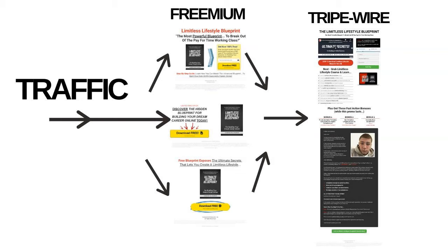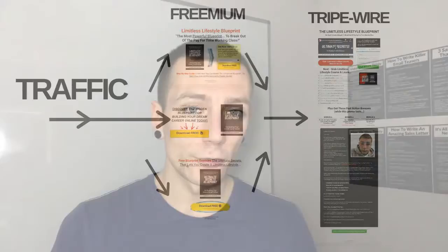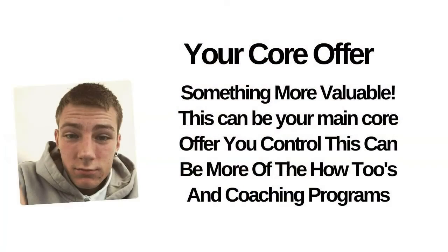And this is what you want to do. You want to under promise and over deliver. Really over deliver with your Tripwire offer. And then once someone gets into your first course, this is the third part, and the third part is really having your core offer. Inside the course is going to be a crash course,